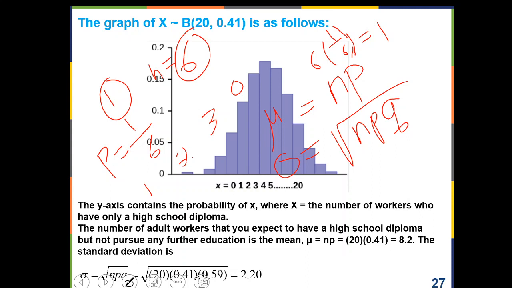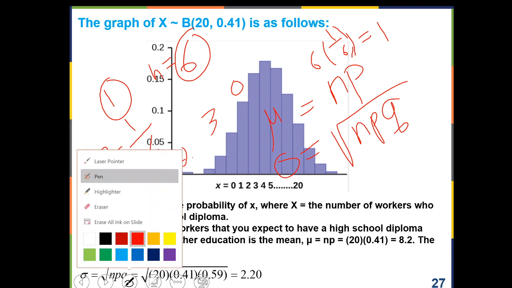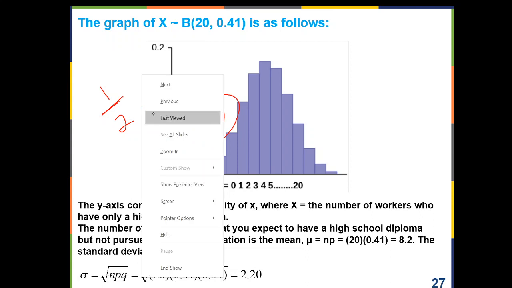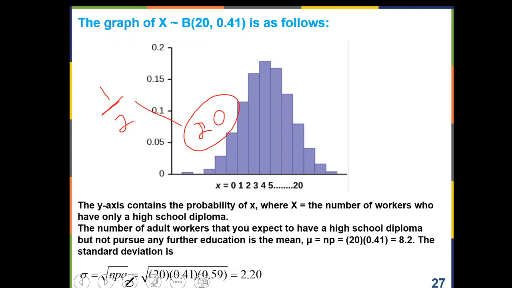Now, let me give you another example. If the probability of success when we flip a coin is 1/2 to get heads, the probability to get a head is 50%, 1/2. Now, if I do it 20 times, on average, how many heads can I get? Well, it would be 20 times 1/2, which is 10. All right, so